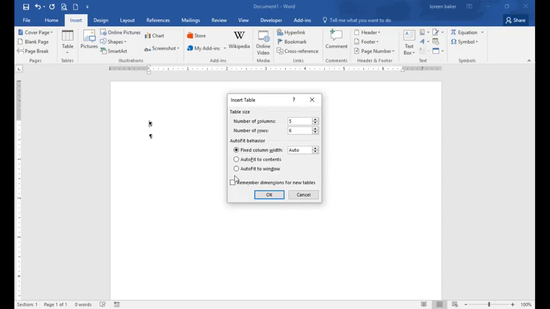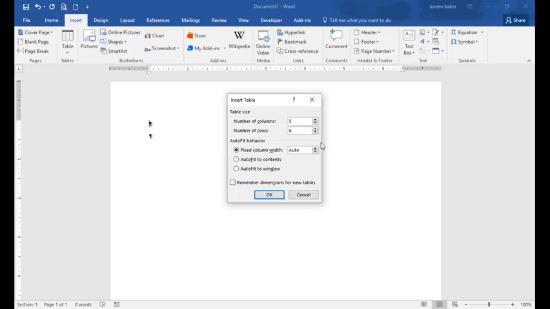The second portion of it is the auto-fit behavior. Now once a table is created and you've clicked in it, there's that design and layout tab. That's where this information is contained on the ribbon. But using the dialog box, it's sort of nice and packaged together, so you don't have to wait until after you create the table before you can decide on how the table is going to behave once you add text